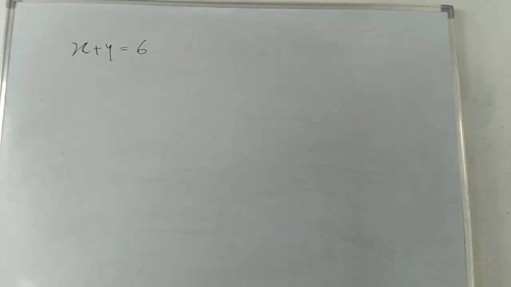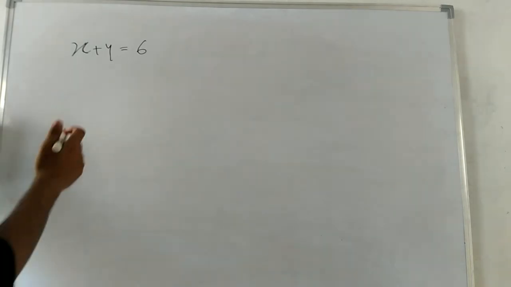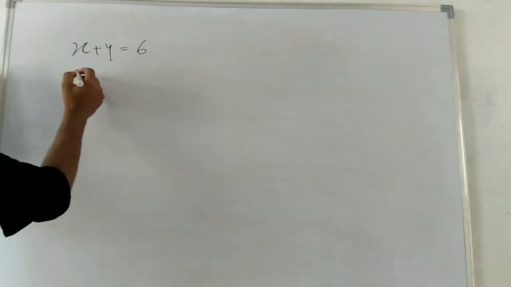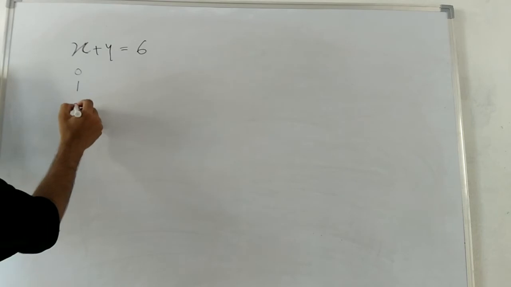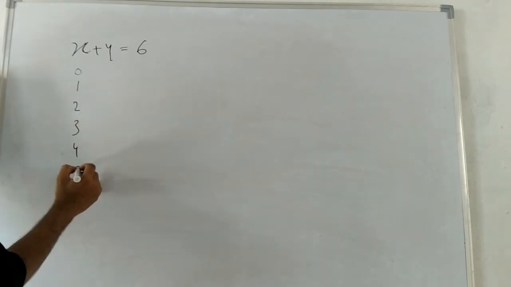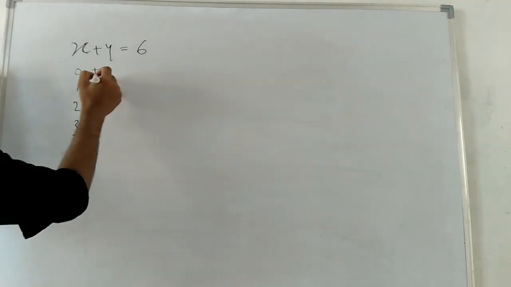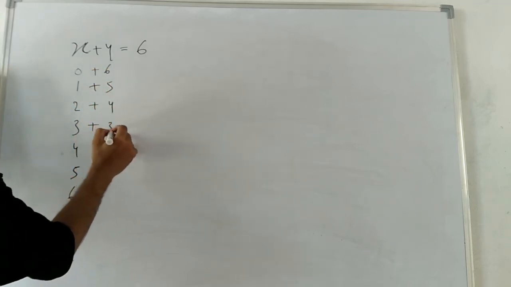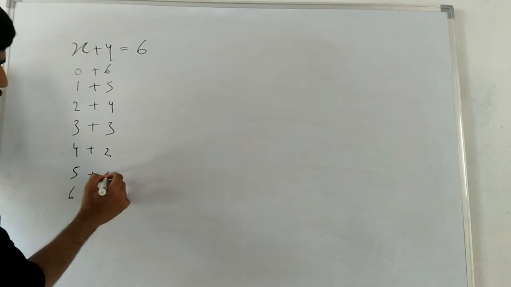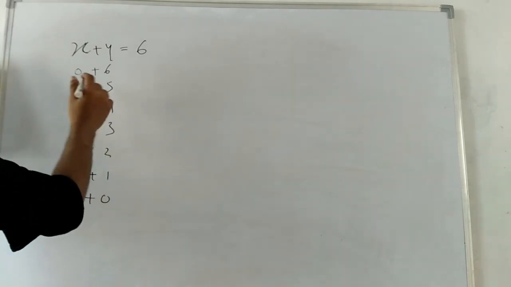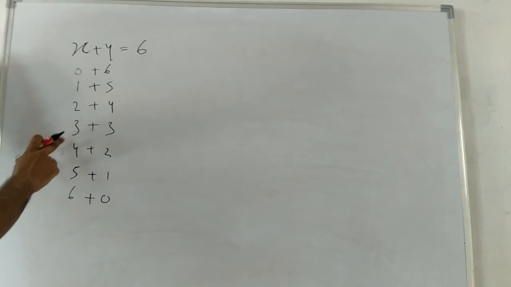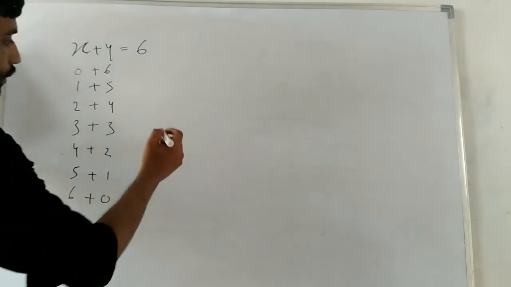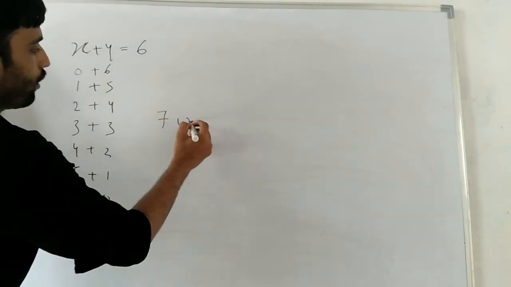So before going to the formula, we can also solve it by using our general analytics. We can write from 0, 1, 2, 3, 4, 5, 6 and plus 6, 5, 4, 3, 2, 1 and 0. So we have 7 ways